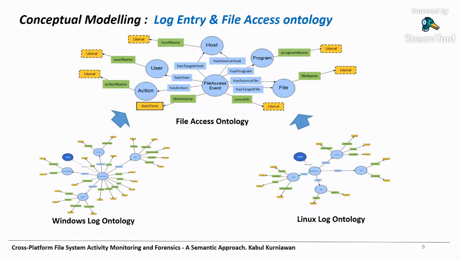a file class that has a hash source file and hash target file, and also a program that represents the relationship between the program that has been run, and also the host, which has the host source and also the target host, representing the relation between the current host and the former host. And also we represent the users for file access who have an action of the user, and the action itself is a type of action that has happened in the file. So for example, there are created, modified file, and etc.